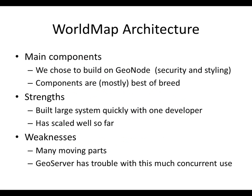So WorldMap architecture. When we decided to make this kind of a content management driven platform, we chose to build on something called GeoNode, which already handled security and pretty advanced styling quite well, and we didn't want to reinvent that wheel. It also brought together a bunch of best-of-breed components: PostGIS as the relational spatial database, OpenLayers as a map client, GeoServer as a map renderer, and these were all